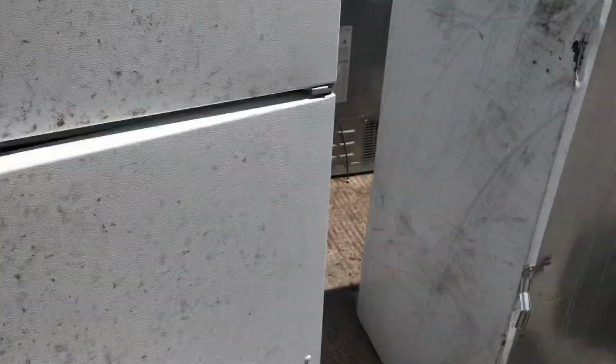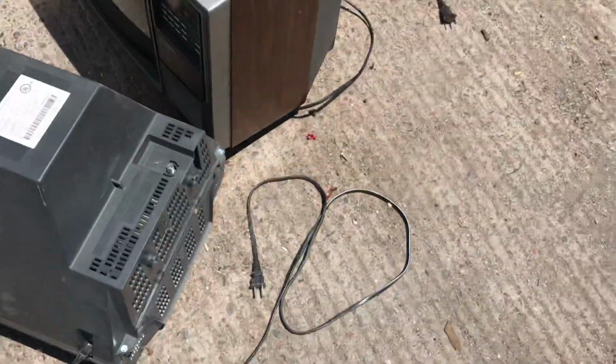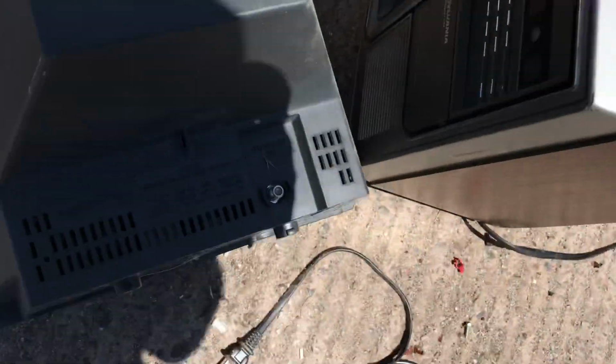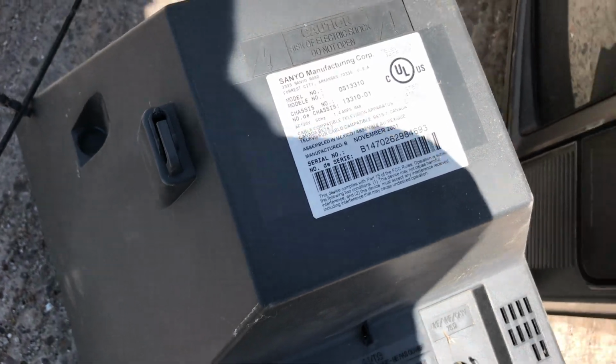It's a Whirlpool fridge. That's a Sylvania TV. You know, I don't think that's a bad looking one. What year? Sandy, and this is a